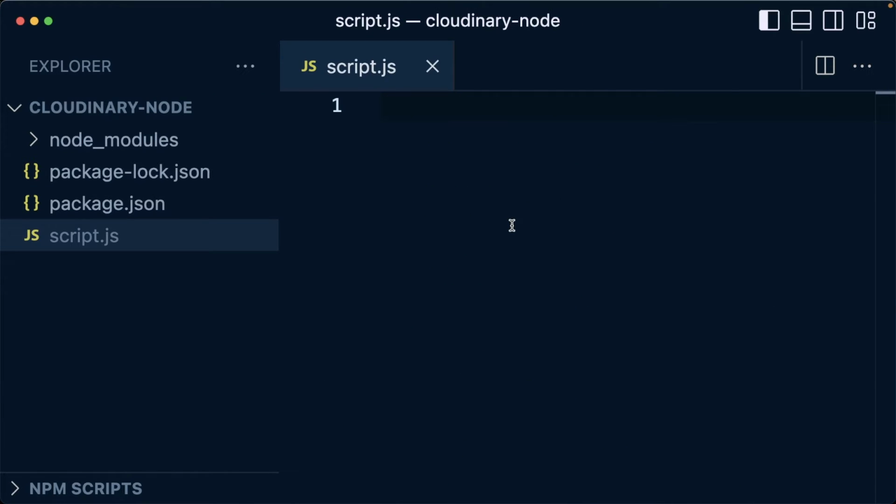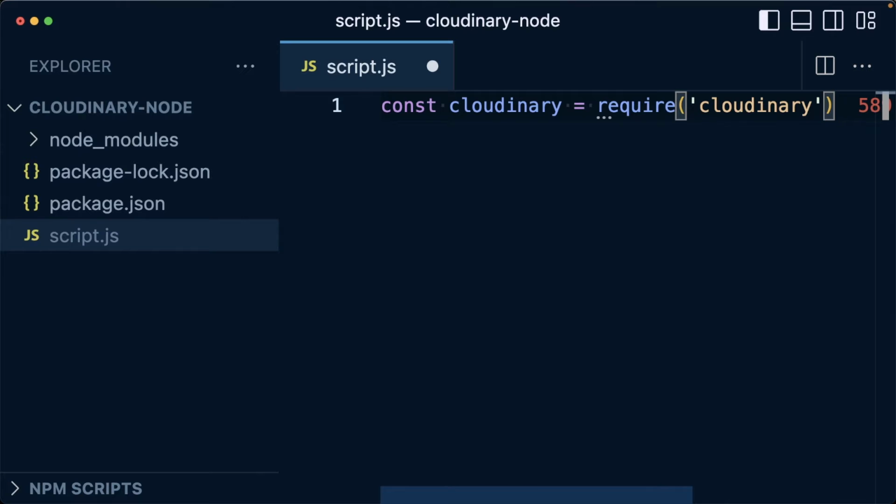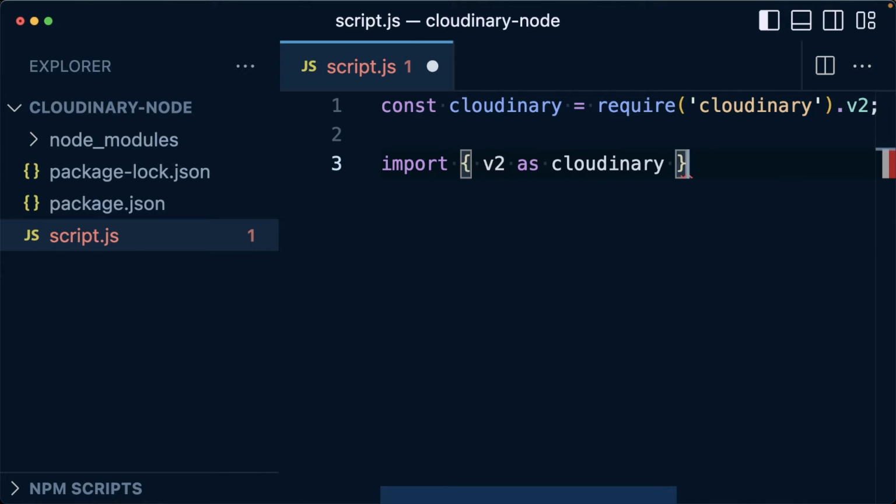First, we need to import Cloudinary into our project, so we're going to use const cloudinary equals require cloudinary, where we're additionally going to tack on a .v2 to make sure we're specifying that we want to use version 2. Now, alternatively, if we're using imports, we can import our destructured v2 as cloudinary, where we're going to take that from our cloudinary package. But for whichever one you choose, we ultimately want to set up our configuration, so we're going to run